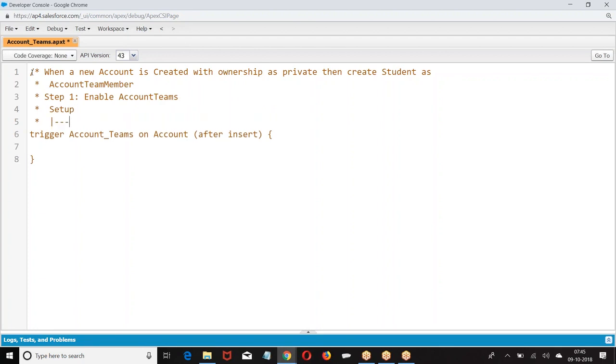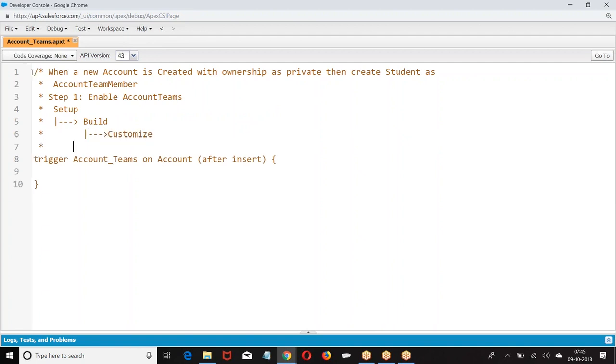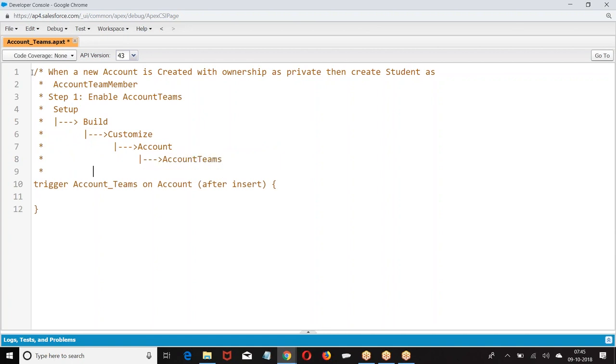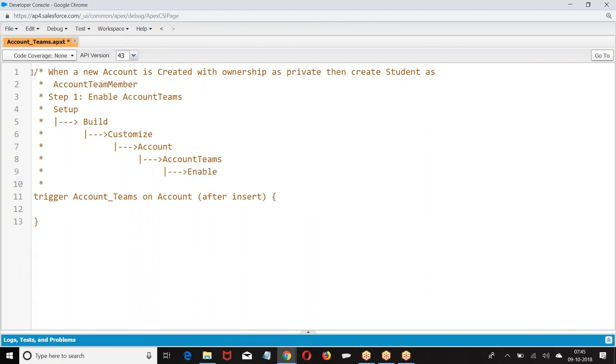Setup, build, customize. Like this we enable.